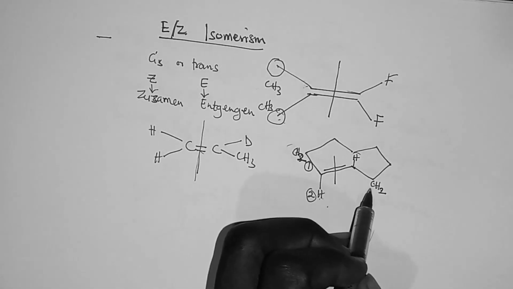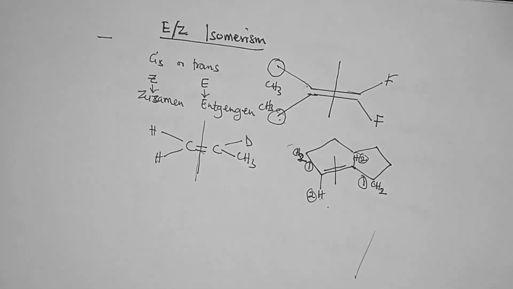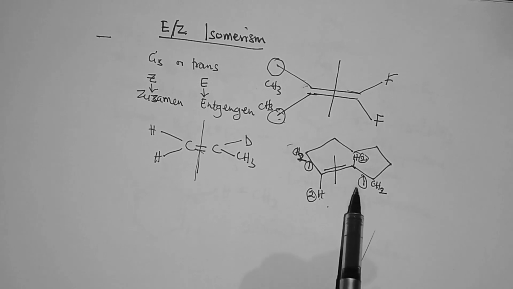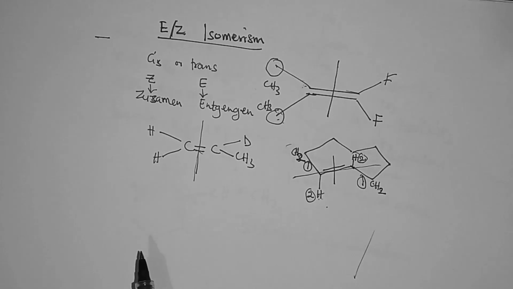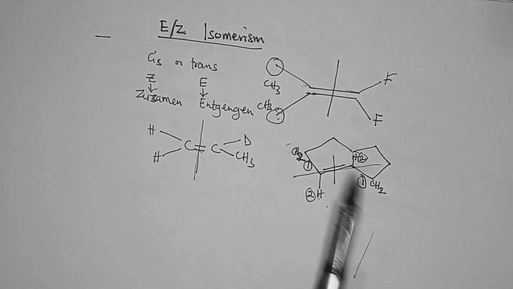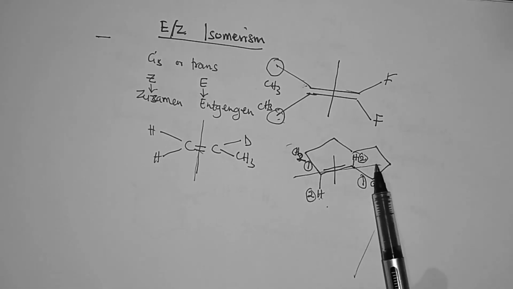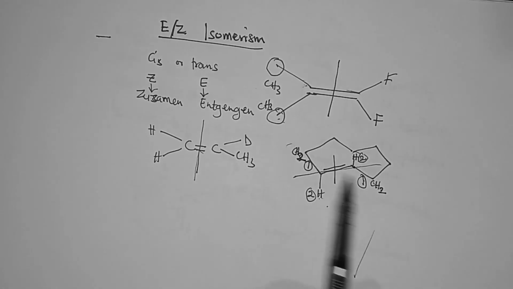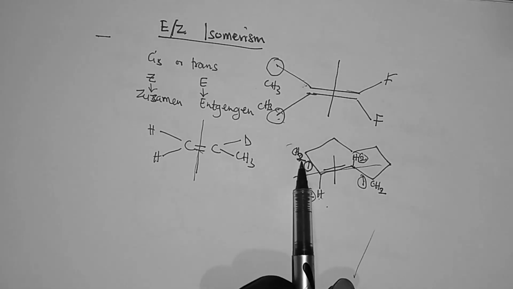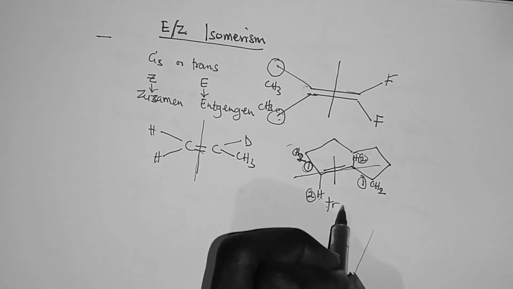In this case, it's the same thing. The carbon will be ranked 1, and then the proton will be ranked 2. And now you can see that if you divide this molecule horizontally, at the upper part it is 1, 2, and then the lower part is also 1, 2. So you see that the groups of higher priority are on opposite sides of the horizontal line, and therefore this is a trans molecule. One is on top here, and then here one is at the bottom. So this is a trans. Therefore this is a trans